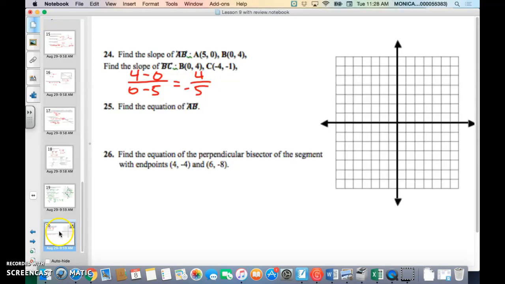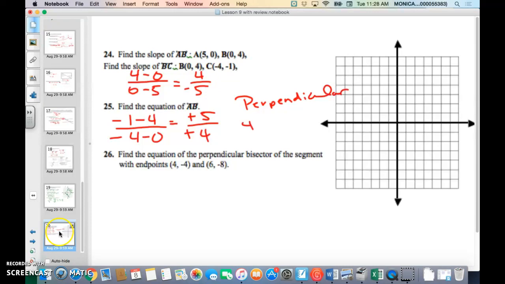And then from B to C, find the slope from B to C. Well, I'm going to do negative 1 minus 4 over negative 4 minus 0, so that's negative 5 over negative 4, which means they're positive, right? And what did you notice about these two? Well, they're opposite reciprocals, so they're perpendicular. You have negative 4